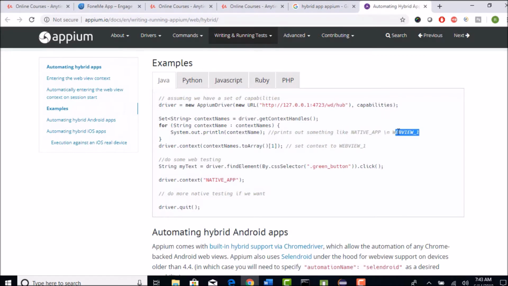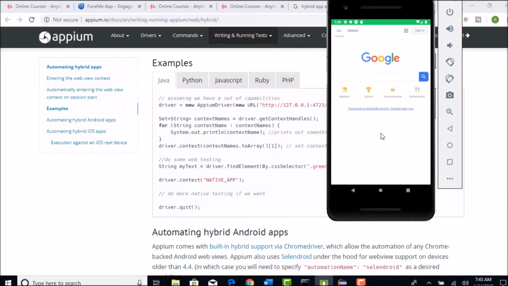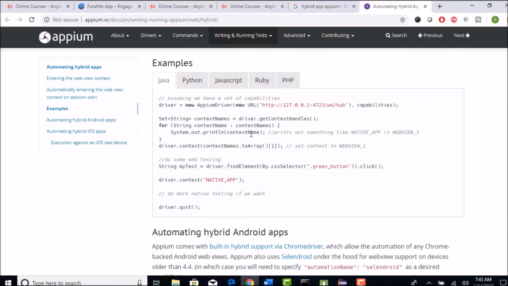Okay, so first try to read and understand how many contexts you have, print all of them, and thereafter, once contexts are printed, if you want to switch to the web context, with whatever name it printed for web, you have to use the method driver.context, and in the parentheses provide the context which you want to switch to. For example, when you do getContextHandles on a hybrid app, two are printed, one native and one web view. You have to carefully grab the ID that getContextHandles printed.